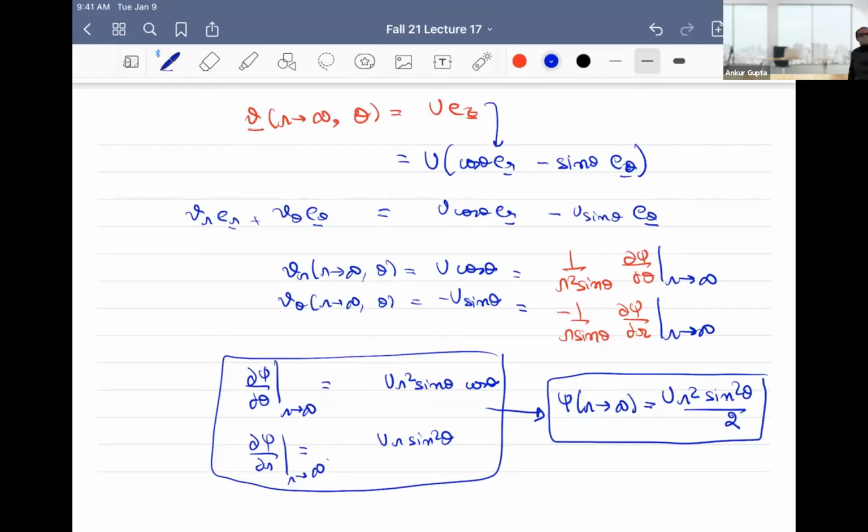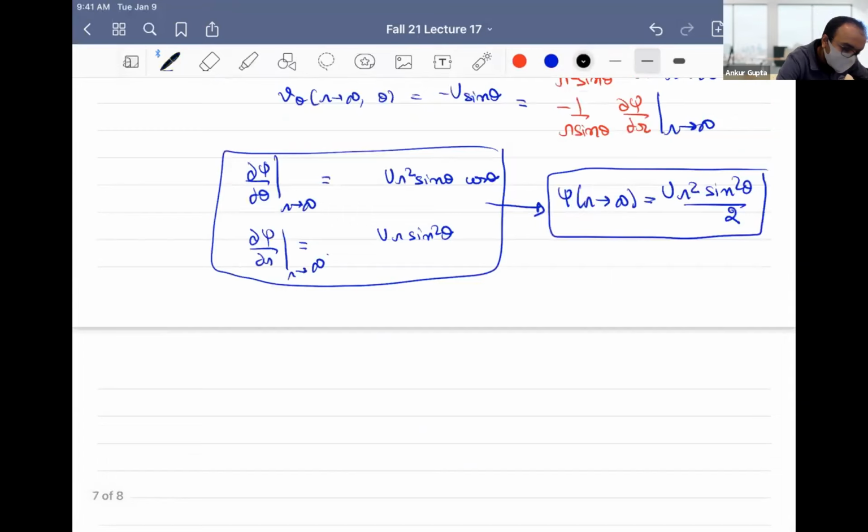And why are we doing this? Why not just leave them as U r square sine theta and in terms of derivatives? The whole issue in this problem is that it's a bidirectional system. We have an r dependence and a theta dependence, and when we see that, it gives us a clue that maybe the sine square theta dependence is going to stay throughout. And this is the genius of the Stokes result, that it was proposed, getting inspired from this limit,